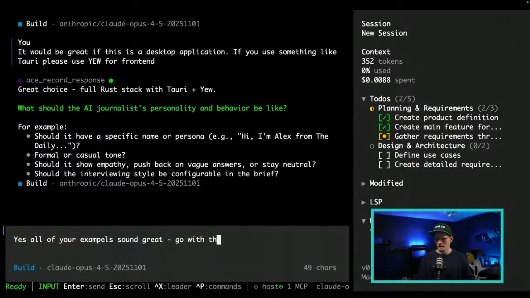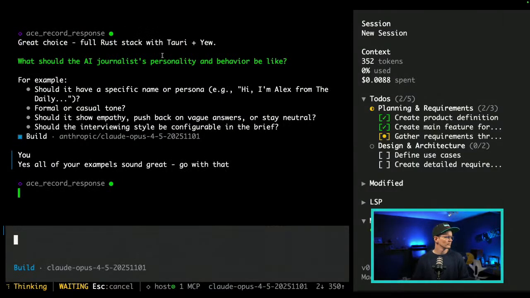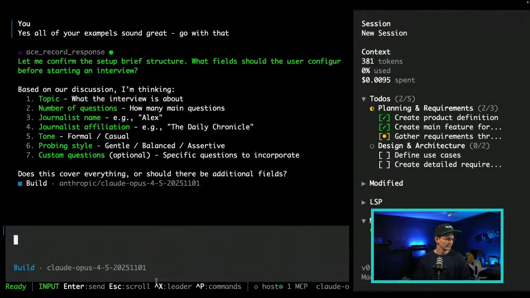Go with that. It keeps on asking questions. Let me confirm the brief structure. What fields should you use? Configure topic, number of questions. Yeah. Yes, that sounds great. Sounds great.